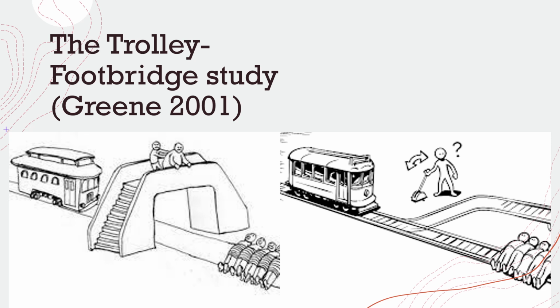Personal moral dilemmas rely on areas of the brain associated with social and affective processing. So in the footbridge case, those areas of the brain are triggered, and we get a big response from those areas, thinking about this act and its immediacy, and its emotional resonance.